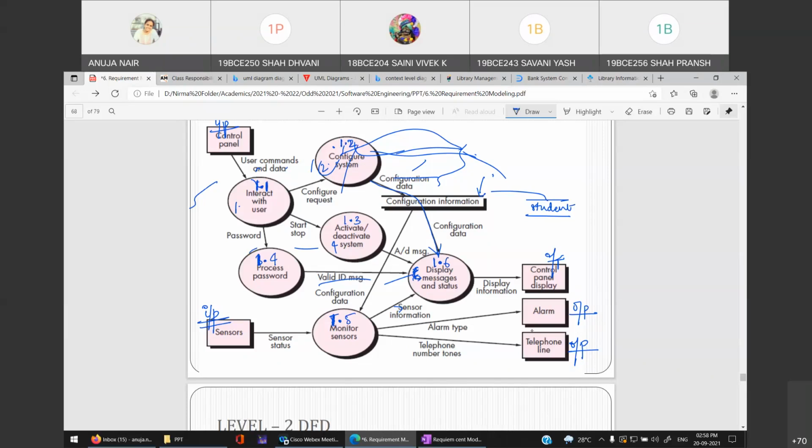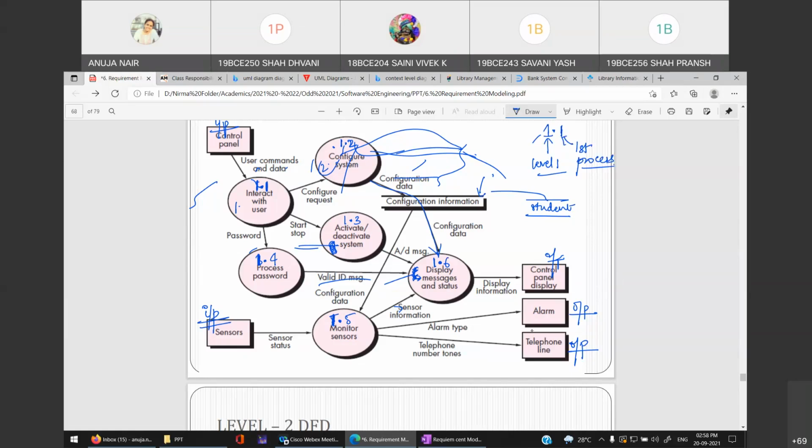You should give it like this, okay? You do not have to give 1, 2, 3, 4. So what does 1.1 mean? This first one represents the level, so it is level 1, right? And which process? First process. Level 1, first process.